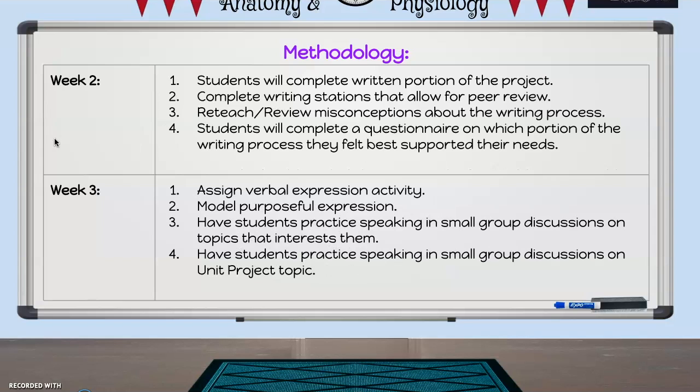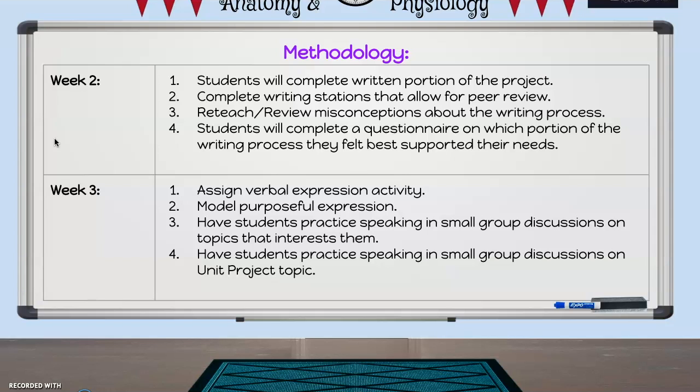During week 2, students will be completing their writing activity and will participate in peer review writing stations. During this time, I will continue to record observations by listening in on students' conversations. As a part of the learning process, I will reteach or review any misconceptions about the writing process that I noticed while grading the essays and while listening in on the conversations. And then lastly, in week 2, I will collect students' questionnaires on which portion of the writing process they felt